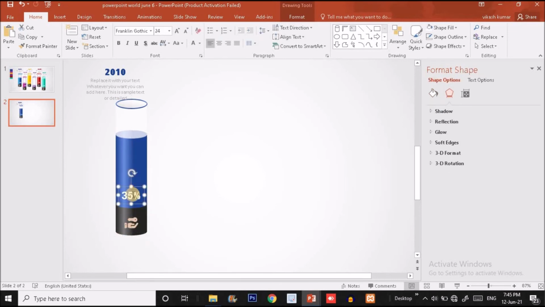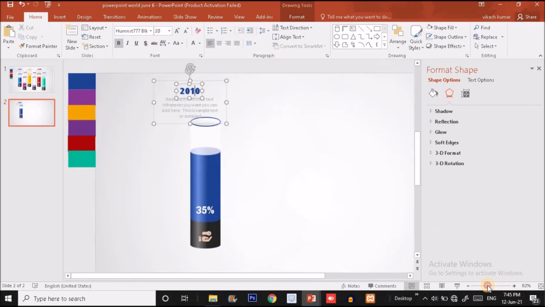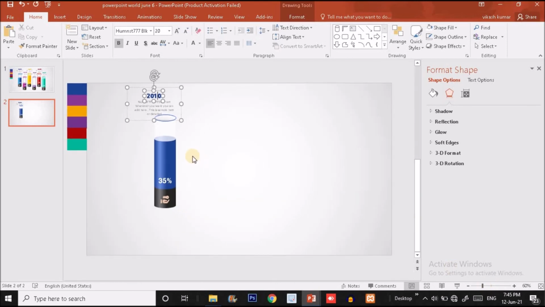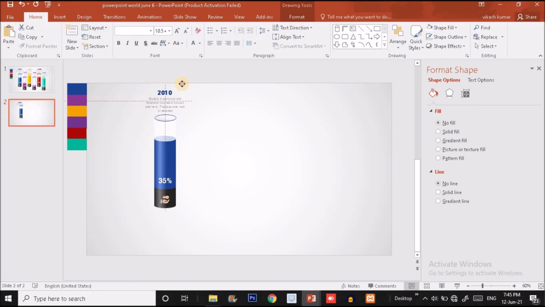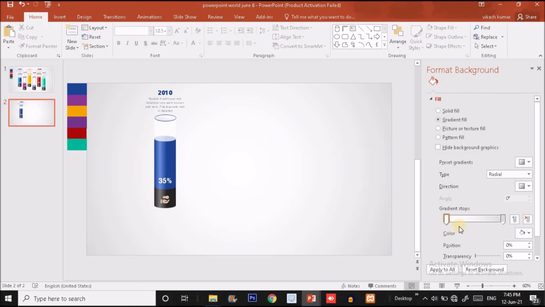Put this person text over here, and for the person text you can see I'm using this particular text and the size is 24, and for the detail text the size is 10.5, and the heading text or the year text remains 777 BK. So I'm using the size 20. So let me zoom out from here. Okay, and put this text over here. And now what I'm going to do, and choose this one. Now it's fine.